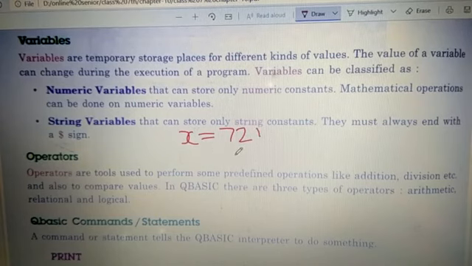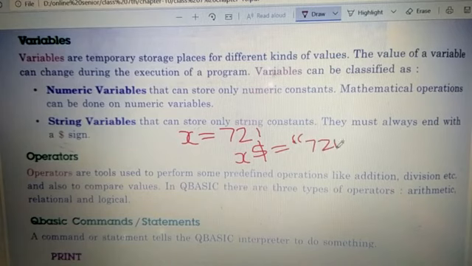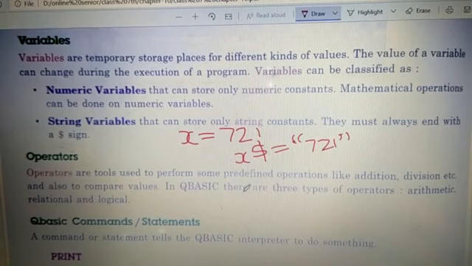But if I write x and after that put the dollar sign, equal to inverted commas open, 721, inverted commas close, this becomes a string variable, and this is the string constant. Fine. I hope this is understood, children.